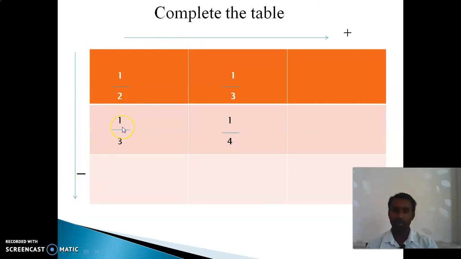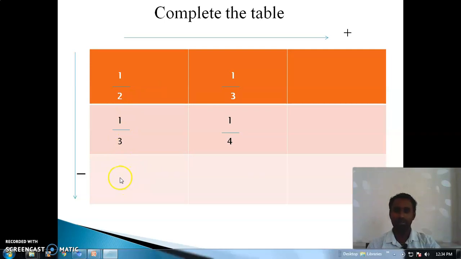Now you have to subtract, right? 1 by 2, 1 by 3. Here 1, here 1, 1 minus 1 0, so 0 by 3 sir? No. Here 2, here 3, so denominator is not same. So 1 by 2 minus 1 by 3. So 1 into 3 3, 2 into 1 2, 3 minus 2 1, 1 divided by 2 into 3. So what's the answer will come? So 1 divided by 6 will come. Okay. So 1 by 6 will come, right?